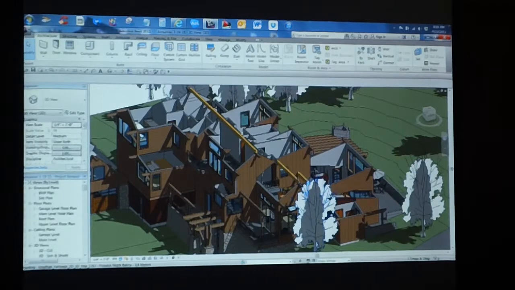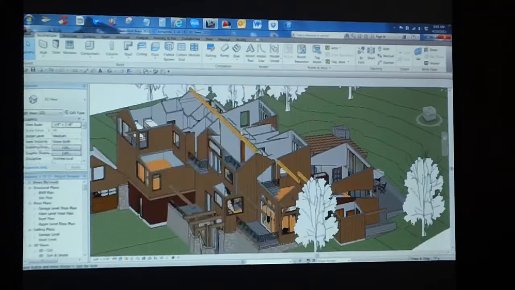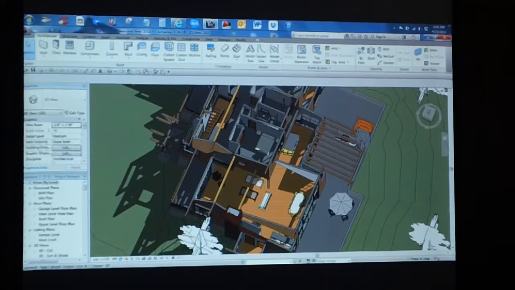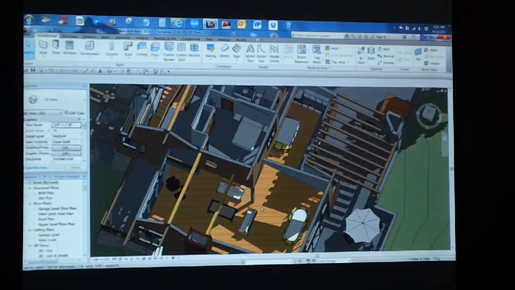So you can do this. You can hide a whole category. And there I just told it to hide the whole roof, every roof, and then you can look inside. And it's really helpful too, because as you start building the model more and more, there's more of the things you can't see. You want to look over there, you just put the roof on, you can't see inside. You can also cut sections through it. But anyway,